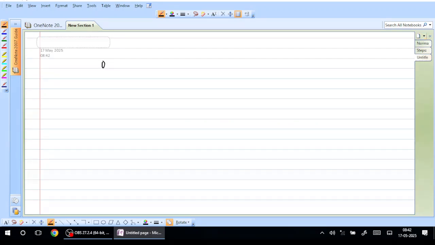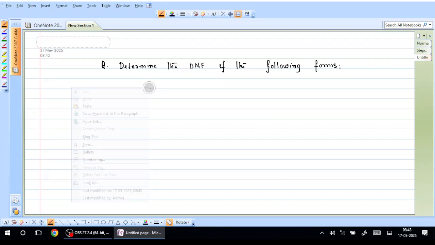Question is: determine the DNF of the following forms. So you can see here the first question is